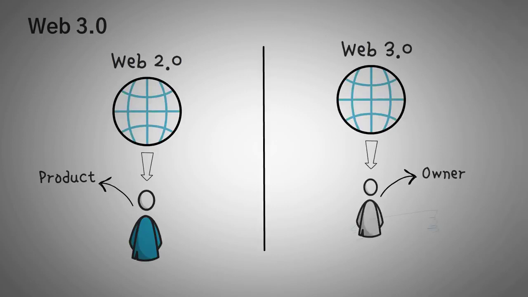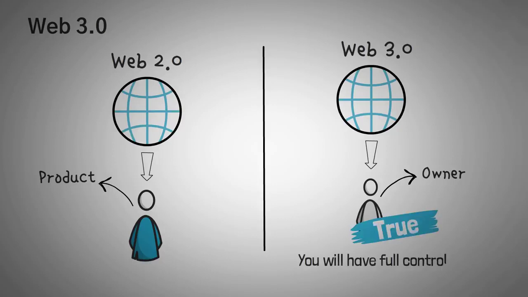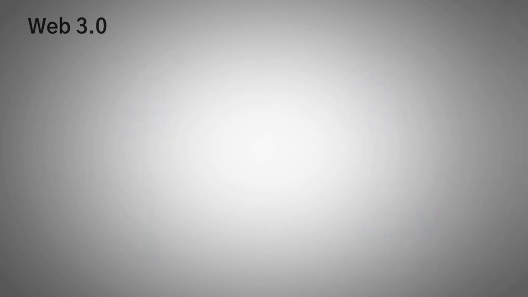Now this is kind of true, so if you want a post to stay up, it'll stay up, but if you want to take it down, they say in Web 3.0 you can control that, because as we all know, usually when something is on the internet, it's always on the internet.